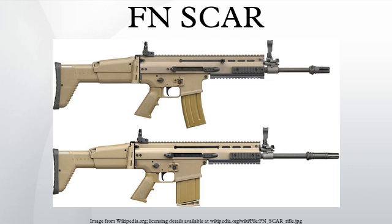HAMR-IAR. In 2008, a variant of the FN SCAR, the Heat Adaptive Modular Rifle, was one of 4 finalist rifles for the Infantry Automatic Rifle competition. The IAR was a United States Marine Corps requirement for a lightweight automatic rifle for squad automatic rifle use. The FN entry was different from